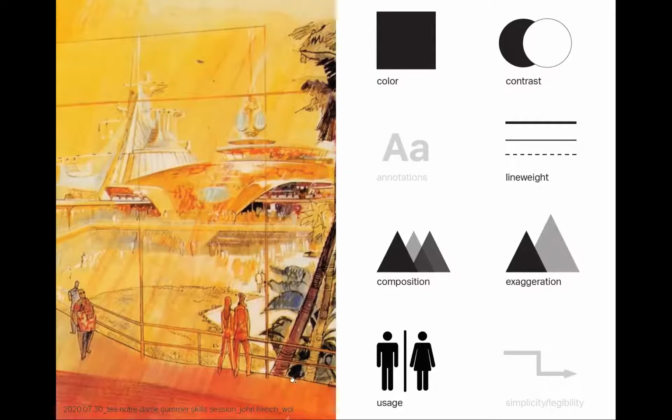Composition, it's a very, what we call triangular composition, in that it develops a clear structure here, and that's entirely formed by the Space Mountain point. So that composition draws your eye through the image, and it also tells you that there's something more important in the background. He's exaggerating the scale of Space Mountain there, to give a feel for it. And by using all of these different figures and giving them personalities of their own, he's telling you something very clear about the space's use.